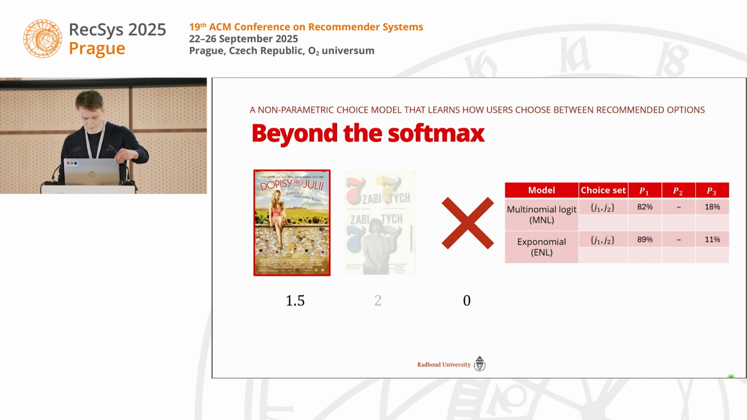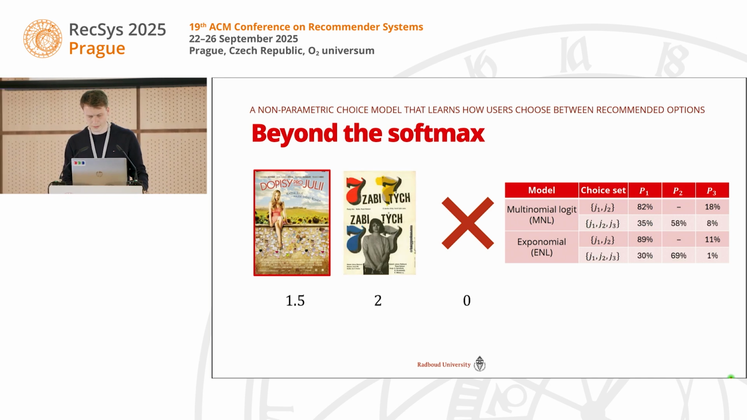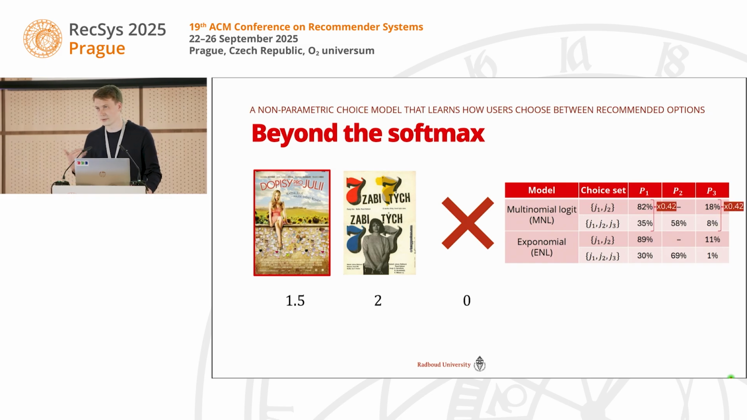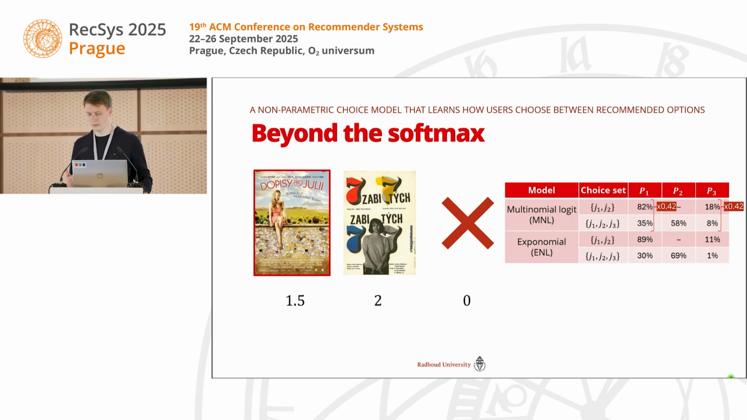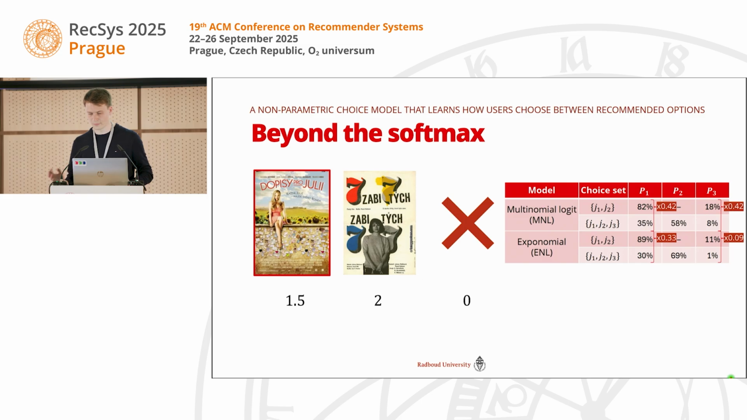Now, the thing is, if we add the second movie back in, something interesting happens. Under the softmax, both existing alternatives cede the same share of choice probability to the new option. Under the exponomial model, the less popular alternative cedes the highest share of choice probability. And that's different with all these models. In this case, the softmax, the MNL, represents more explorative choice behavior, gives higher weights to less popular items, while the exponomial model represents more conservative choice